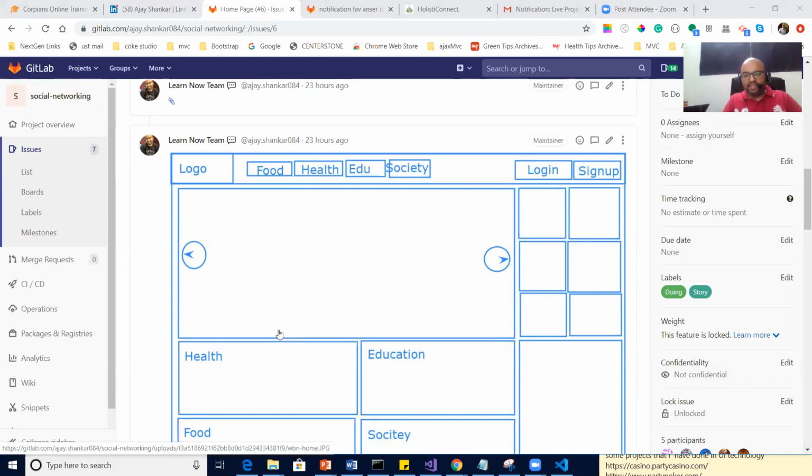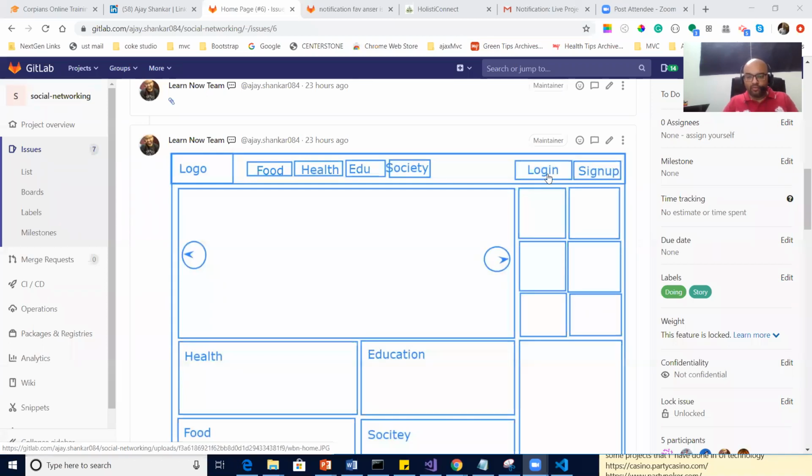So Pinky is saying 7, Nitin is saying 3, Pranshu from GVK is saying 3, Mehboob is saying 2, Deepam is saying 9. So you're counting like this: logo 1, then food 2, health 3, edu 4, 5, 6, 7. Okay, I like the idea of sub columns also. So make it 3. One column will have the logo and the site name, the center column will have these links, and the third column will have login and sign up. Yes, we can go ahead with this 3 column approach.